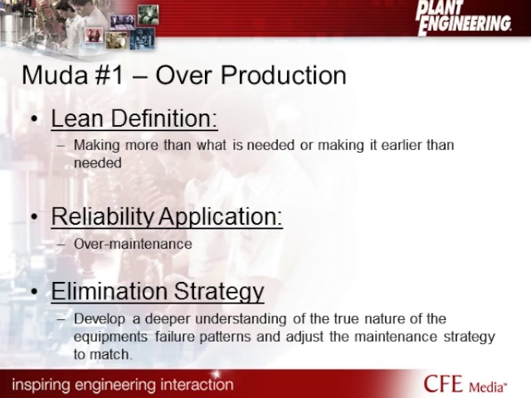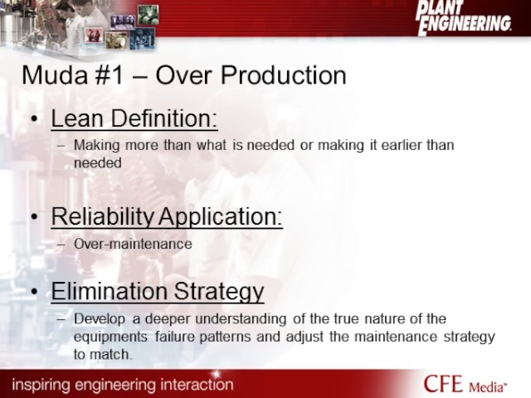So to eliminate that, develop a deeper understanding of the true nature of those equipment failures, and go back to the previous slides that we just talked about, and really refine those PM tasks that you're doing and eliminate that over-maintenance component. So you should have good maintenance strategies for each of your assets, and I hope that's something you guys are looking at on a regular basis. If you have reliability engineers or maintenance engineers, they may be helping you as well, working with your planners and schedulers to really make sure that those maintenance strategies don't include this concept of over-maintenance.